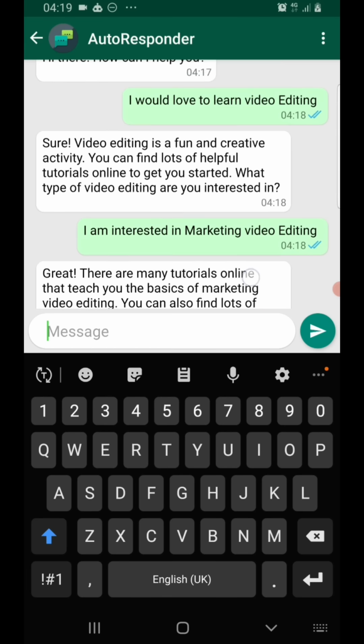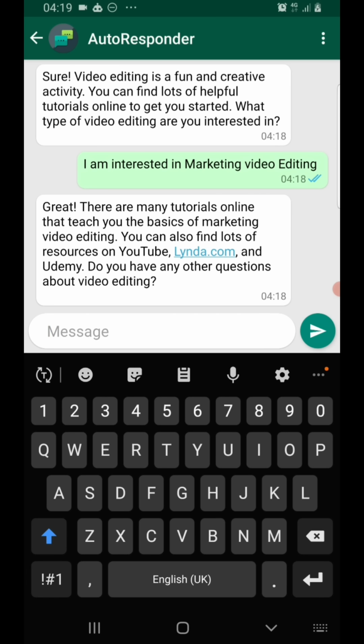So this is how the AI works, and this is a simple way that you also can create your AI, right? But one thing is that your AI will always be responding to people. Anybody that comes to your DM, it's going to be responding to them, and sometimes it might not really give them the answers that you want it to give to them. Now, that doesn't really sound well.